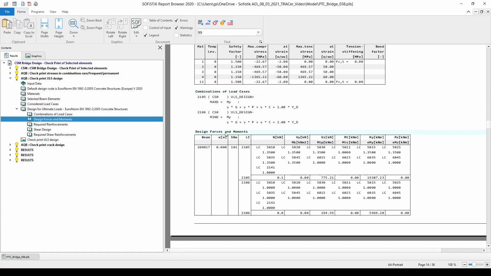Below in the table of design forces and moments, we can see that we were investigating the beam in group number 2 with the number of 17 at x0 meter, which has the cross-section 101, and the load cases that are presented in this table are 2100-05 and 2100-06. For the time being, let's have a closer look at the